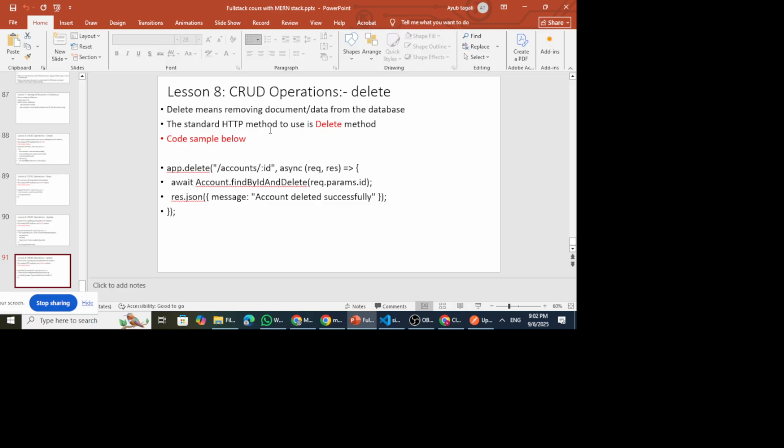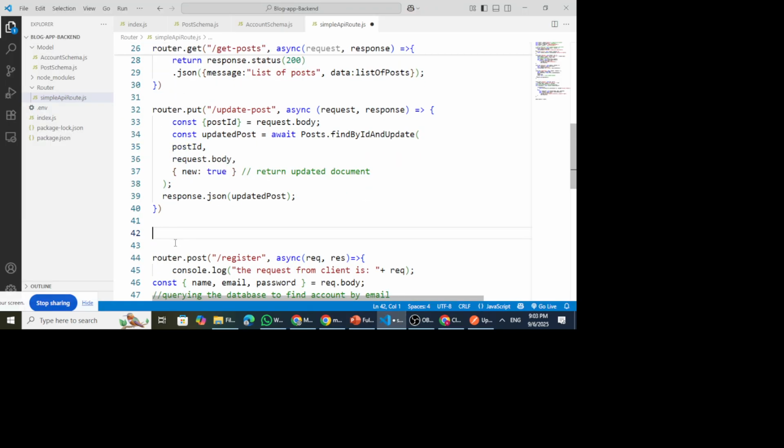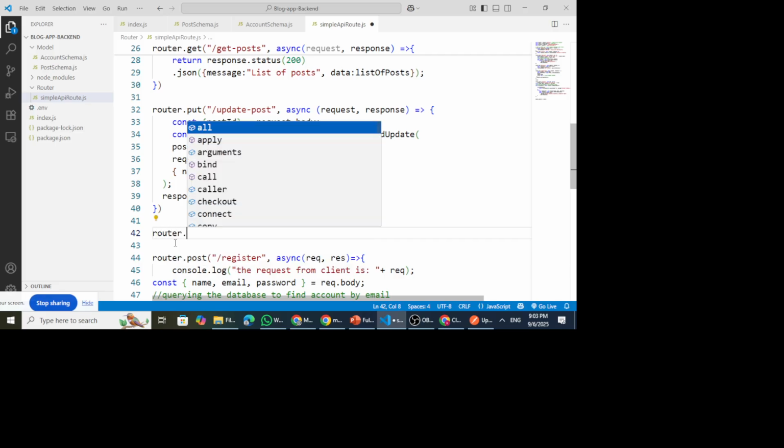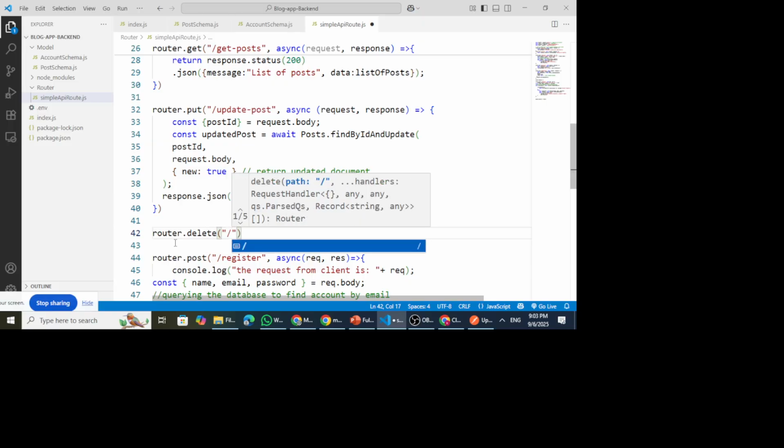And when you are deleting, in creating the API, it's always good to use the standard HTTP method, which is the delete method. And so let's create one API to delete. So below this, we're going again to add another API using router dot delete, and then slash, we call this path delete